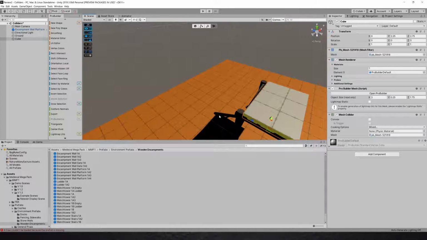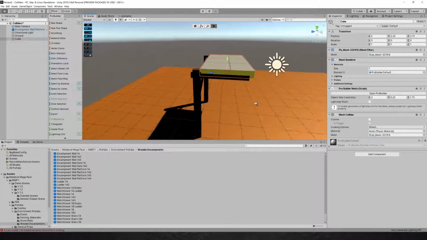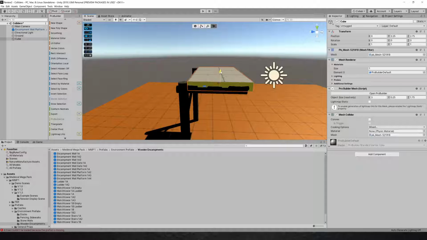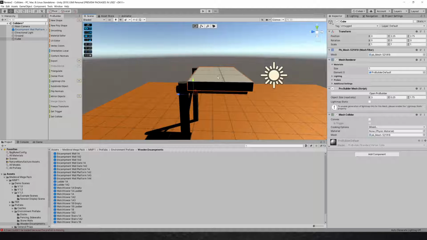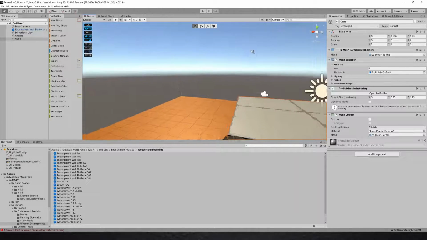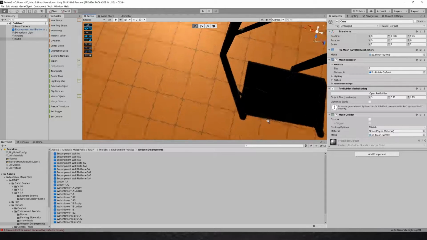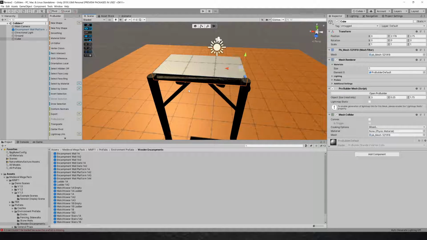Maybe move this whole object down just a smidge. Well, that's why you might not want snapping on, because you want it to kind of go around this object. And then you can select this face and extrude it out